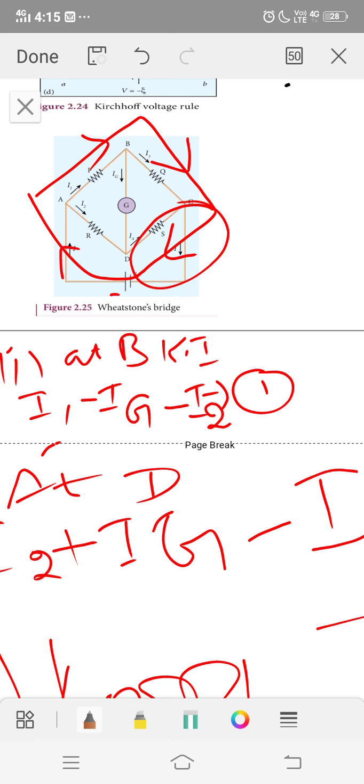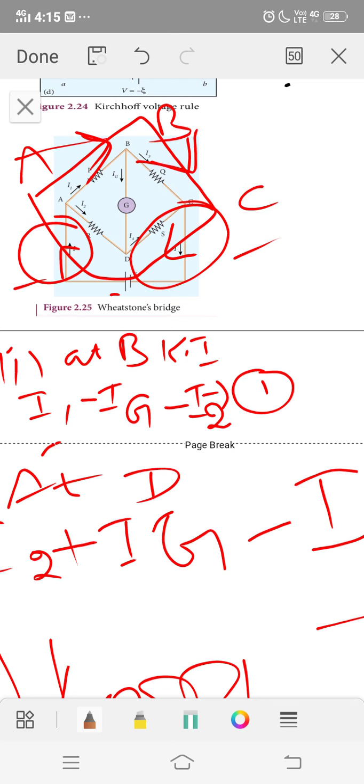So what are all the things that happen inside it? This direction and this direction are from negative potential to higher potential, so the voltage drop is opposite to that of the current. In A, B, C, the current and the voltage, positive potential and negative potential, and the direction of current are in the same direction, so there is no problem. We are just applying the sign convention for the voltage drop across the loop CDA. So what will the equation become?